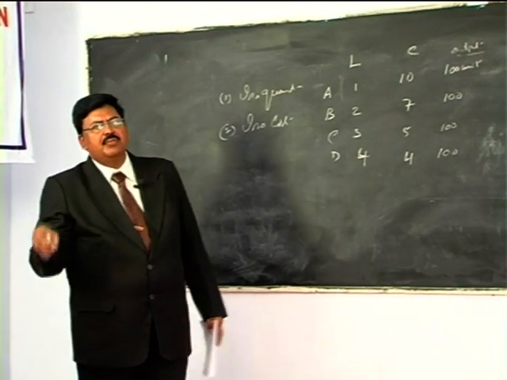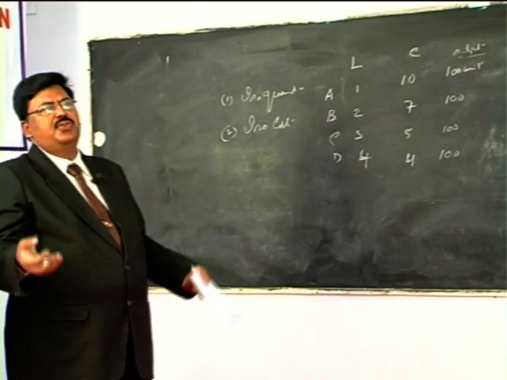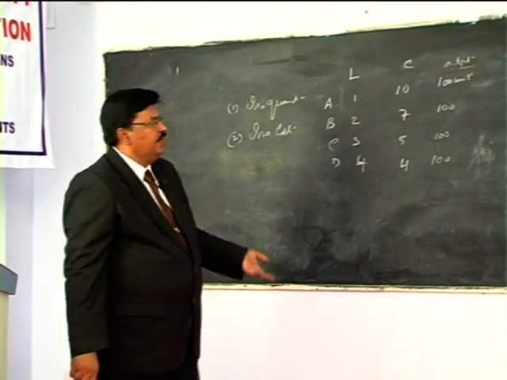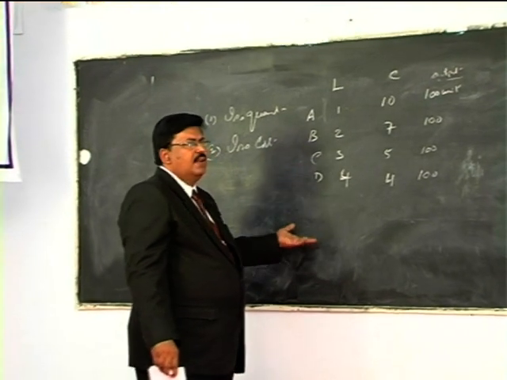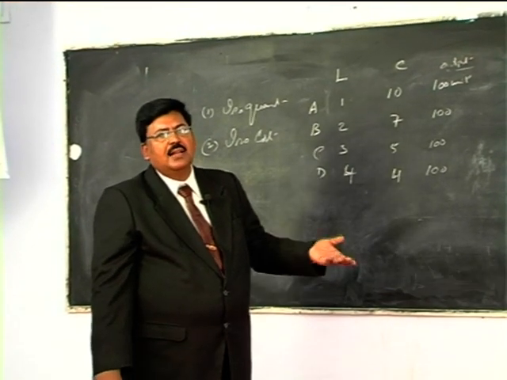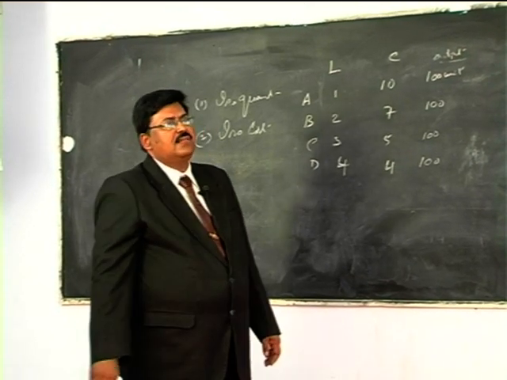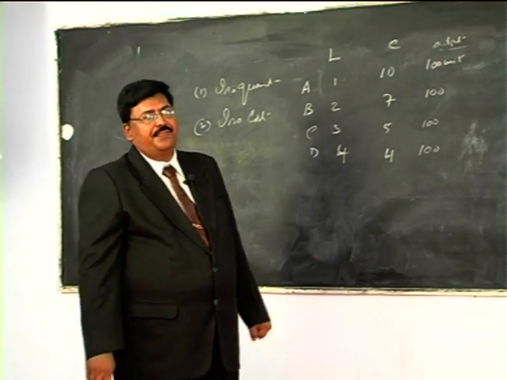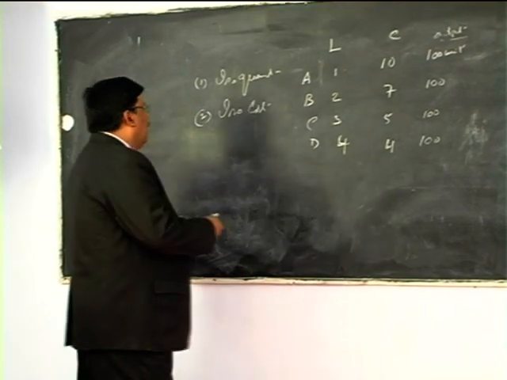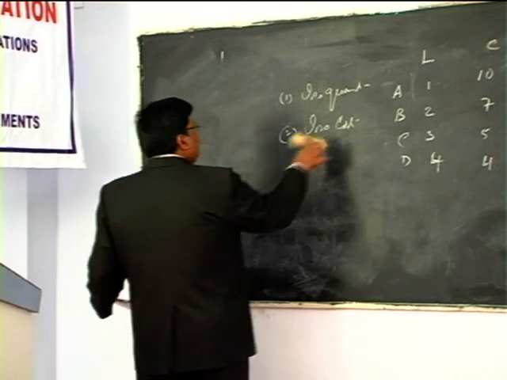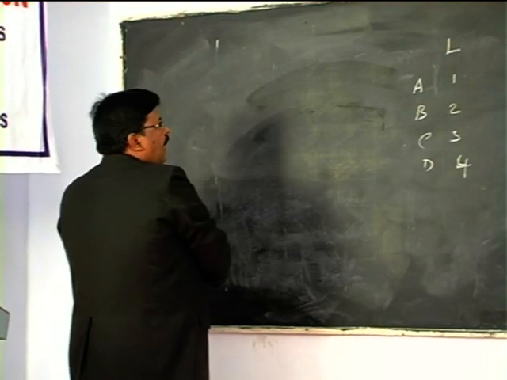Each combination produces the same level of output. So the producer is indifferent among the combinations. Which one to choose, whether it's A or B or C or D, all are equally desirable. All are giving the same level of output. In such a case, we are indifferent. That's why it is called a production indifference curve. So if you draw the data into a graph, that becomes an isoquant.